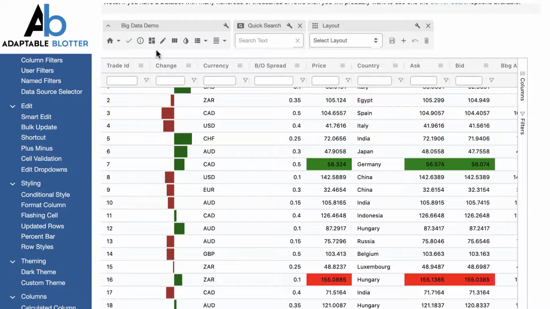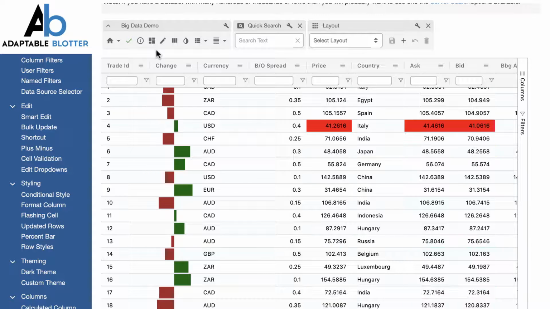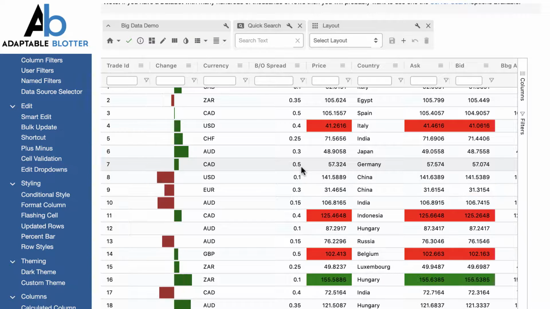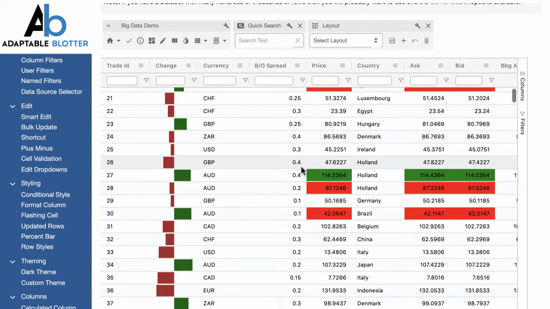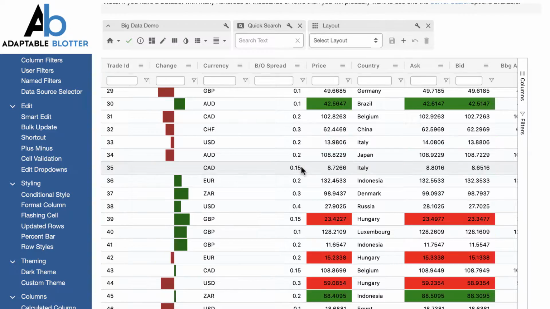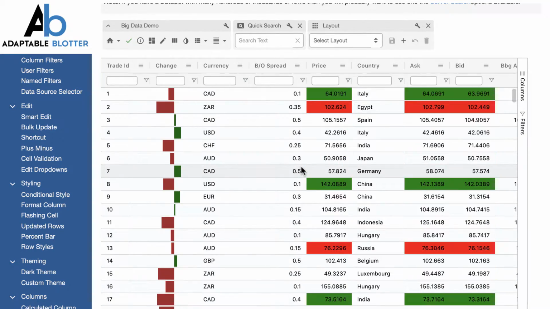The adaptable blotter has always been very good at showing fast-moving updating data. We have a flashing cells function that you can see in our demo site that allows you to see cells that can update hundreds of thousands of times a second. You can choose the up colors, the down colors, and everything works very smoothly, and you can see as everything